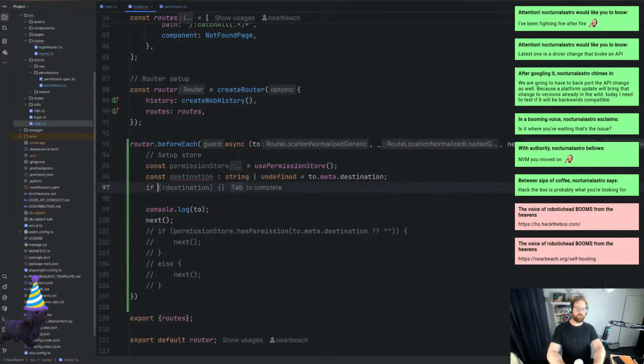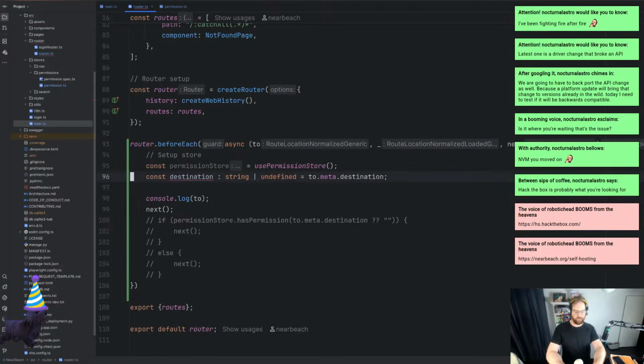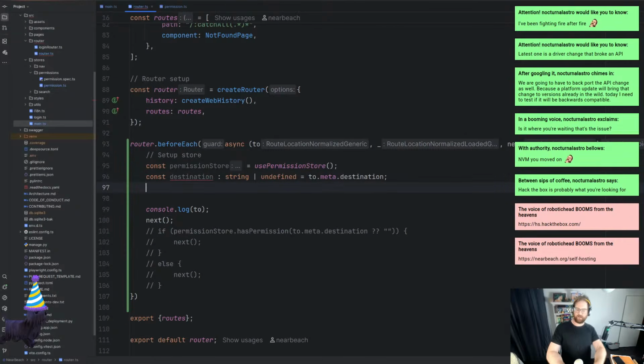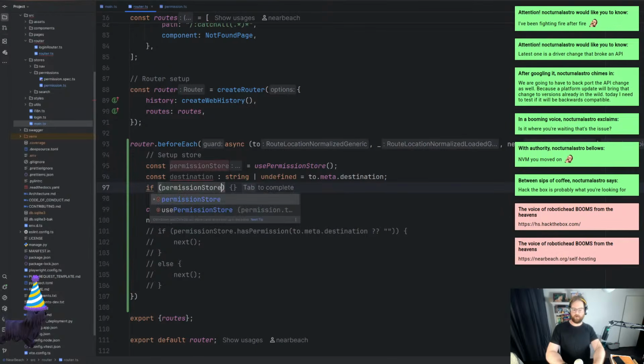And then if destination equals undefined, it doesn't matter if it's undefined or not. This is where we can do the other check. So if this is permission store dot fetch has permission,